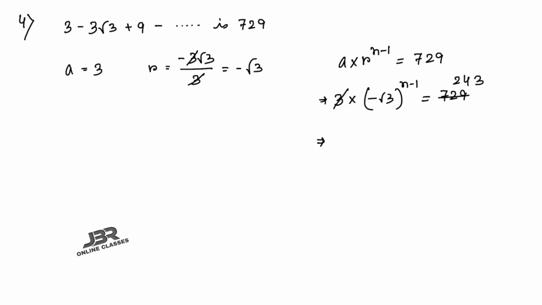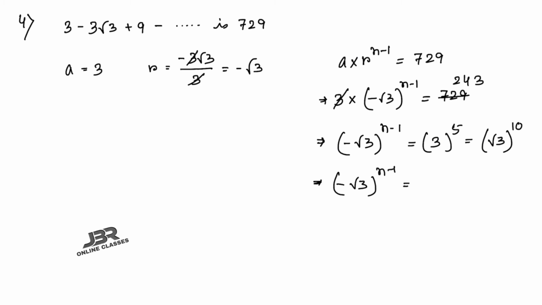So now the next line you can write: (minus root 3) to the power n minus 1 equals 243, that means 3 to the power 5. So 3 to the power 5 you can write as root 3 to the power 10. As the power is an even number, you can write root 3 with a negative sign also. So it's (minus root 3) to the power 10, that means n minus 1 equals 10, so n